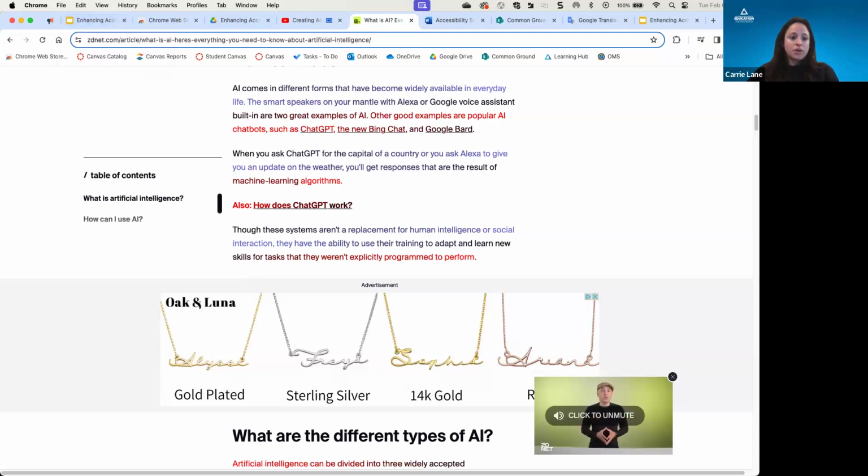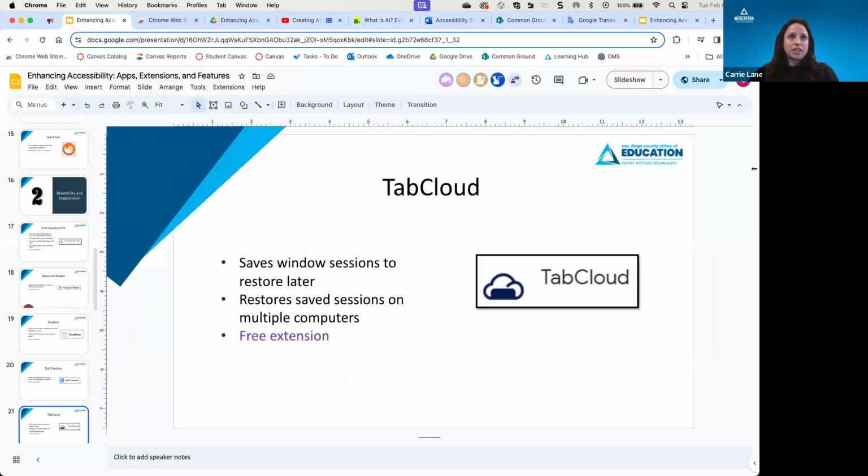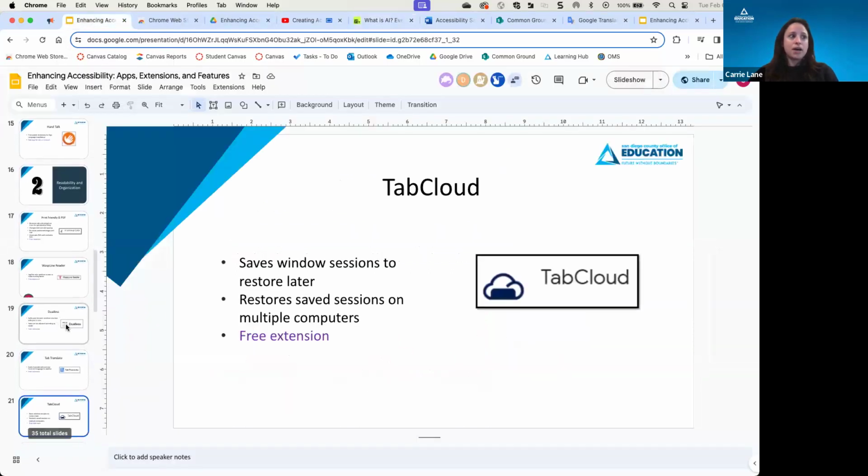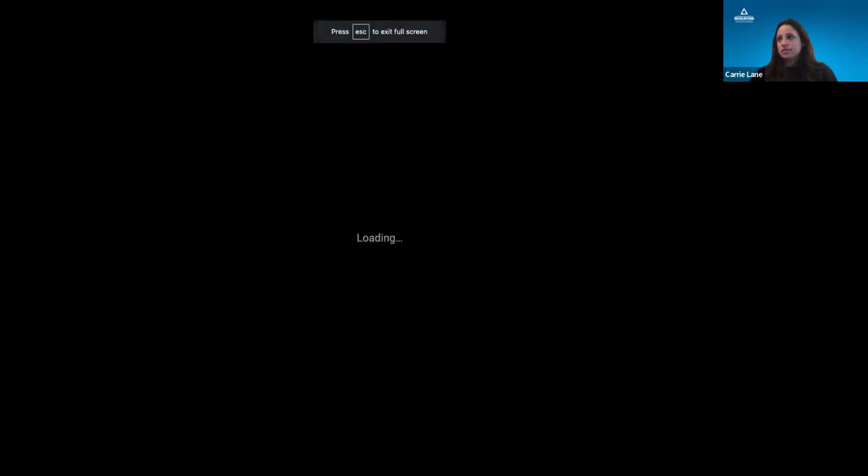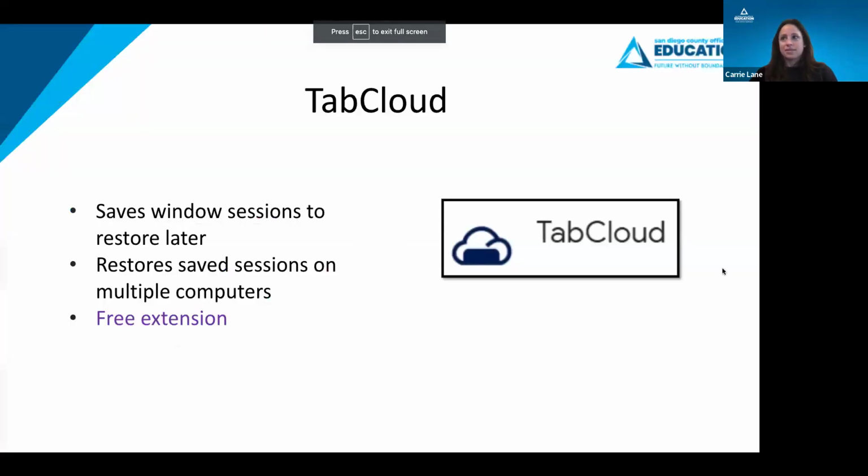Okay. So I want to jump into organization extensions, but I want to make sure to allow if anyone has any questions. I didn't see any in the chat. No. All right. So for organization, and I didn't put too many in here for this session because we have another